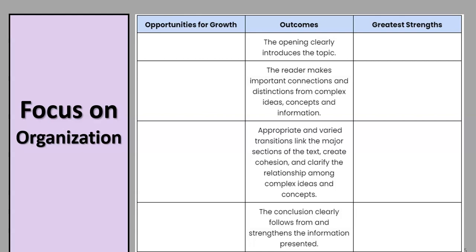But also there is the column that says opportunities for growth. And so in that column, I might add, your conclusion reads like a restatement of your introduction. How can you tie everything together with a new point or using different language? Maybe that student has been struggling with the conclusion of bringing things all together. But when we use a single point rubric, this is really a strengths-based approach to providing feedback. Anytime we write something in the opportunities for improvement or revision or growth column, whatever you would like to call it, we need to balance that with some